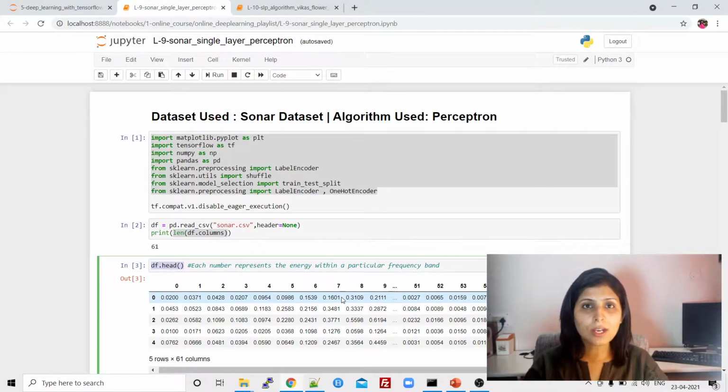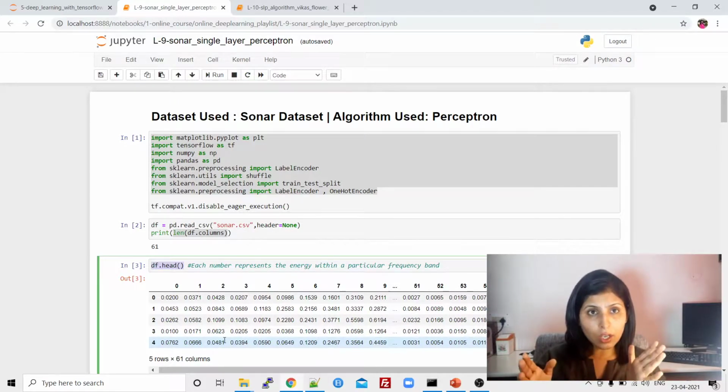So what are these values? These numbers represent the energy within a particular frequency band. We have different numbers, and every number represents the energy within a particular frequency band. On the basis of these numeric values, our task is to find out R, meaning rock, and there are two classes in this dataset, rock and mine.